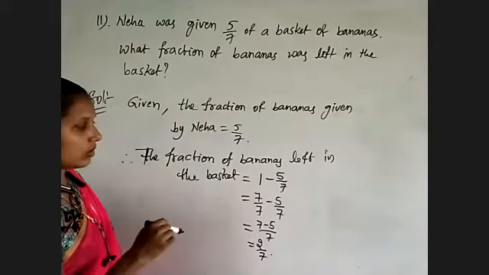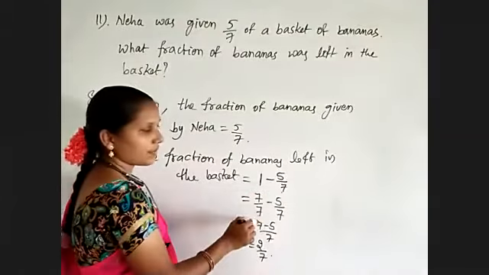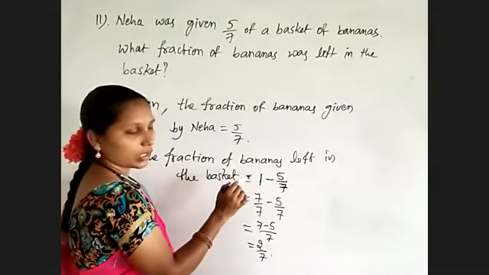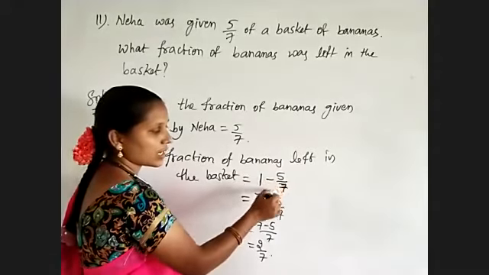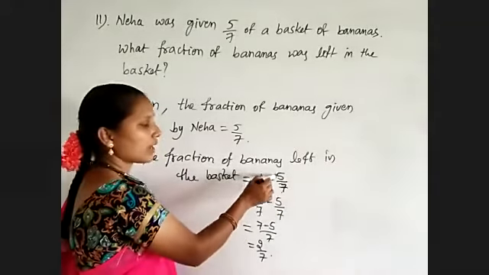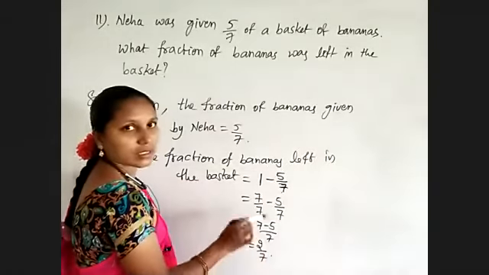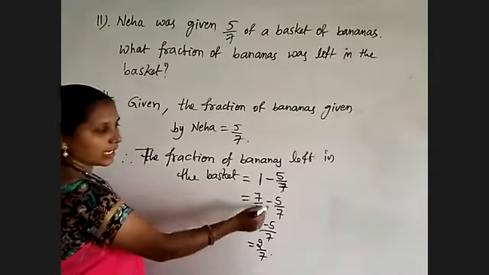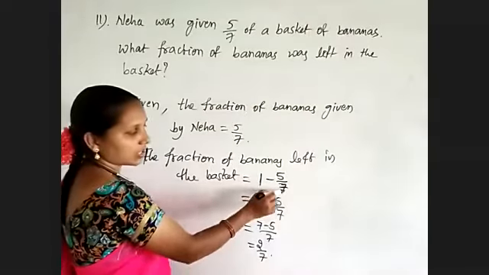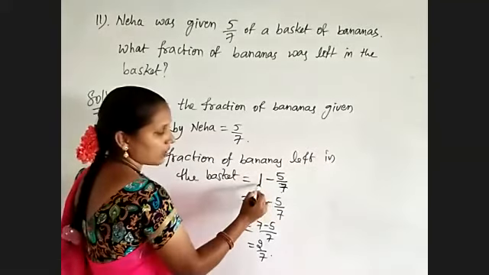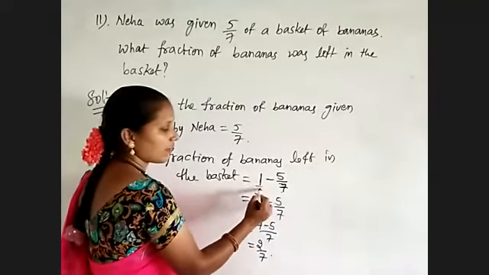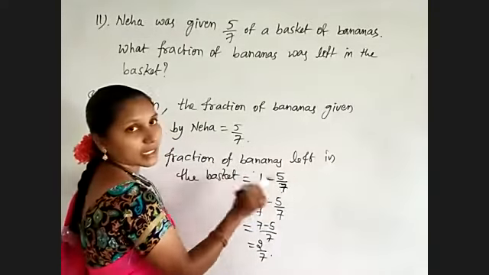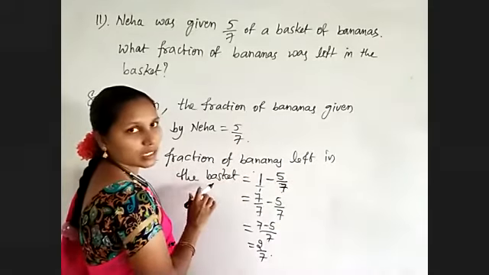Okay. So see here, instead of 1, you can write 7 by 7 directly. Why? Because here the denominator given is 7. And observe that the basket full of bananas is divided into 7 parts. Out of that 5 are given. So 2 are left. That's it. Okay. And this question we can do directly also by cross multiplication. 7 ones are 7 minus. So 1 in fractional form is 1 by 1 also. Yes or no? So 1 fives are 5. 7 minus 5 by 7 we will get, that is 2 by 7. Like that also we can do.